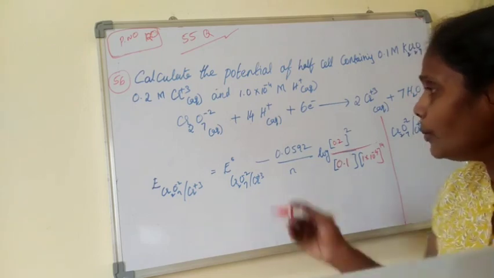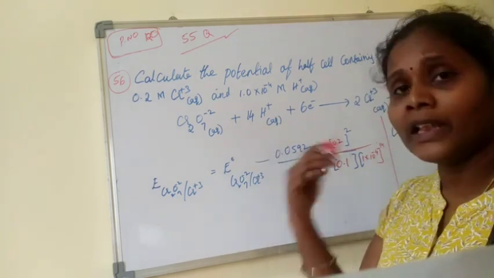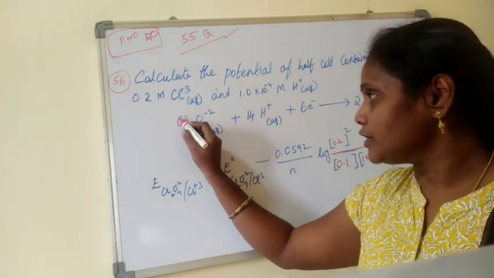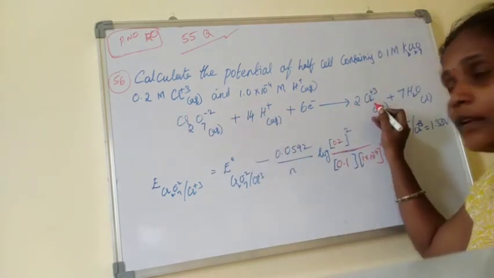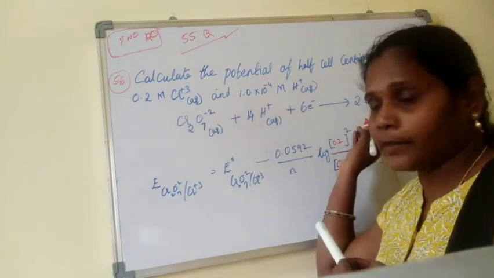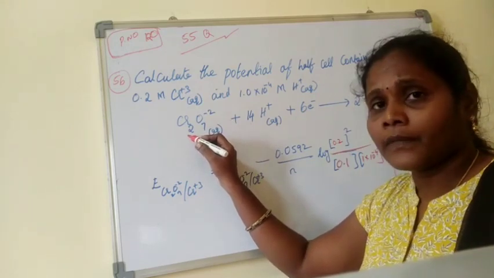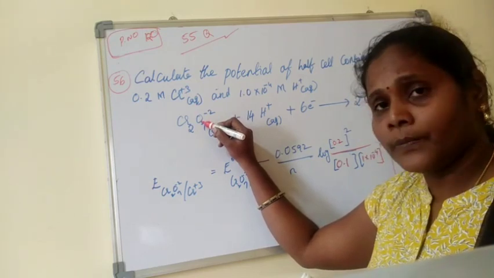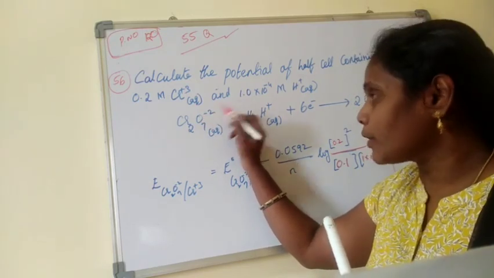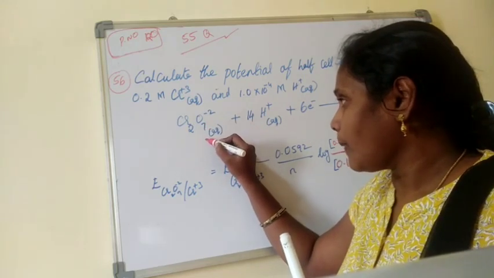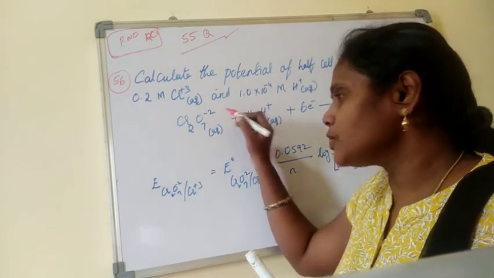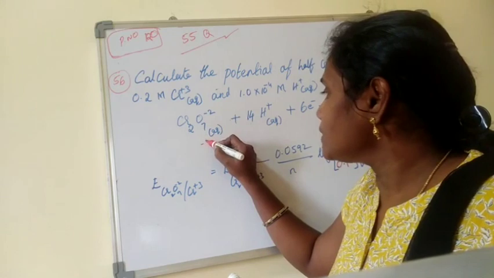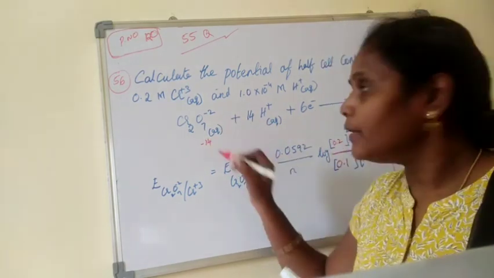Good. But which is undergoing oxidation or reduction, and how many electrons, we need to calculate, right? For that, look into this. What is the oxidation state of chromium? Because chromium plus 3 is coming, but from which state to which state is it coming? Whether it is undergoing reduction or oxidation. See here, the oxidation number of oxygen is minus 2. Therefore 7 twos are 14. So minus 14 I will write here for oxygen.